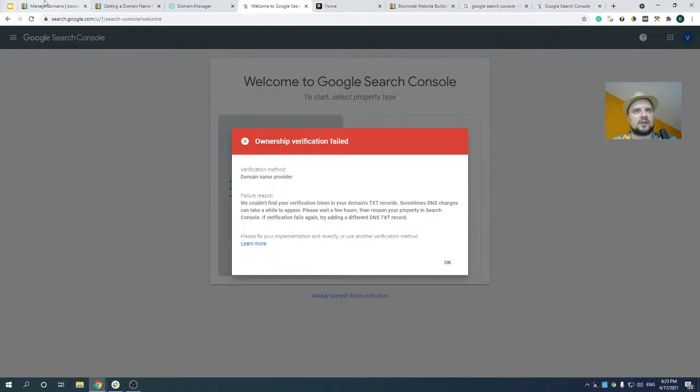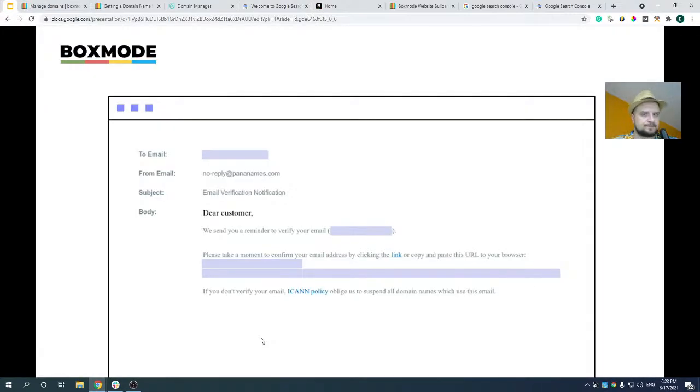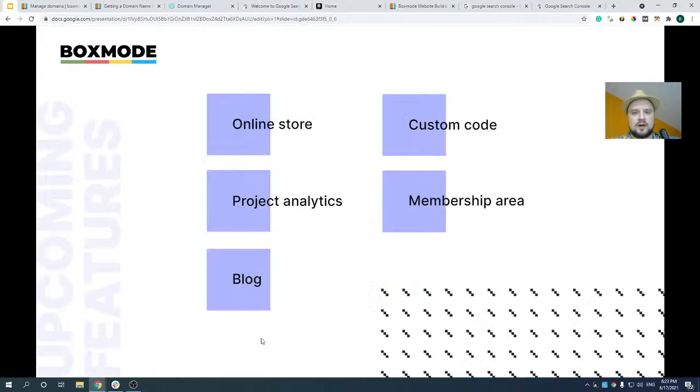And to finalize our presentation, let me say a couple of words about our upcoming release. So next time we're going to implement some big features. The first one is the online store. We are in the final stages of its development. It is going to be a very powerful tool that will help you to quickly deploy and manage the online store, where you can merchandise digital and physical goods.